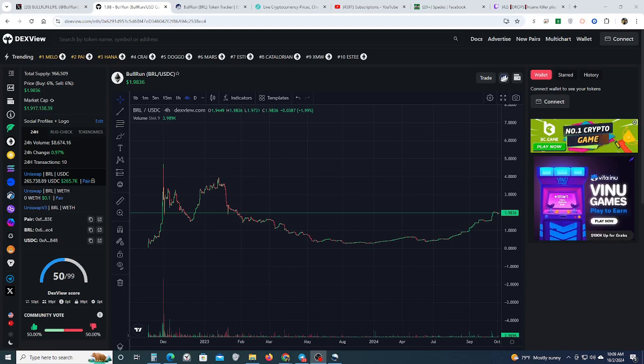So being deflationary means that we can never return back to our starting price of 3 cents. Why is that? Because the total supply is much less now than when it started. So in other words, if we needed 1 million tokens to be sold to return back to 3 cents, that would not be possible.